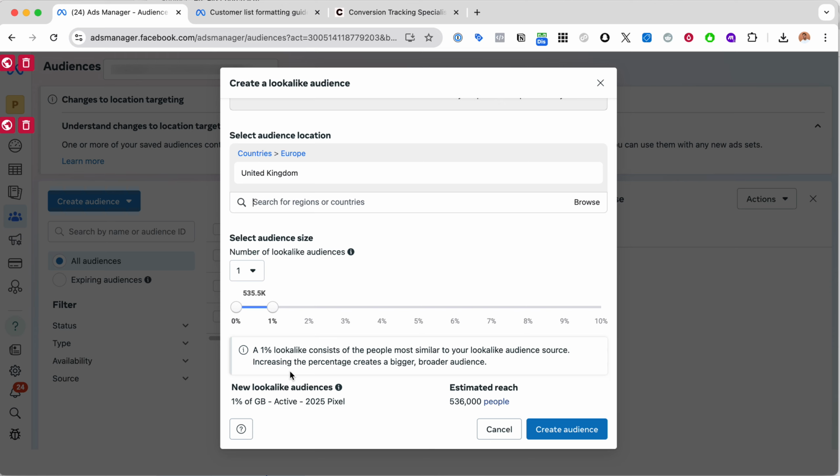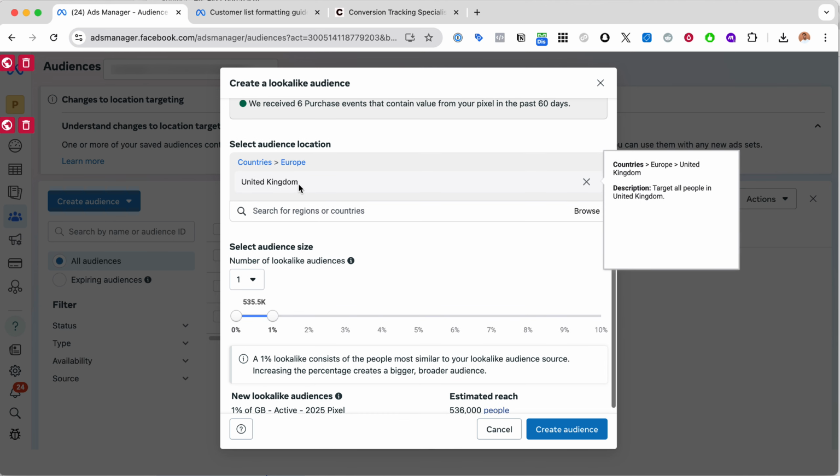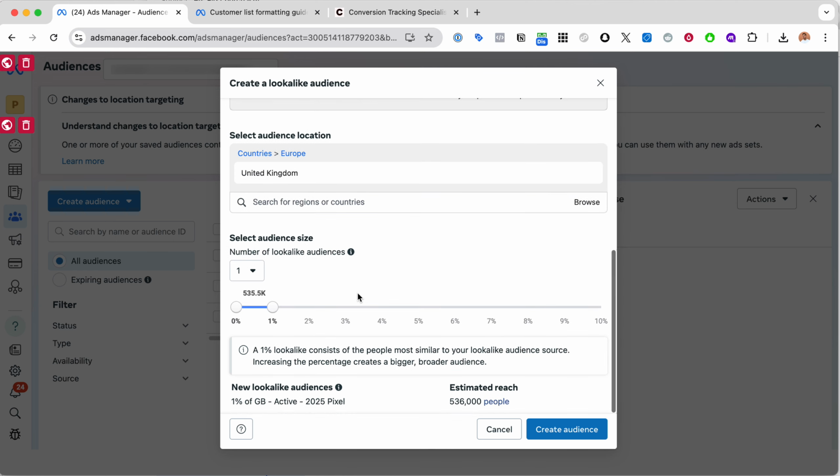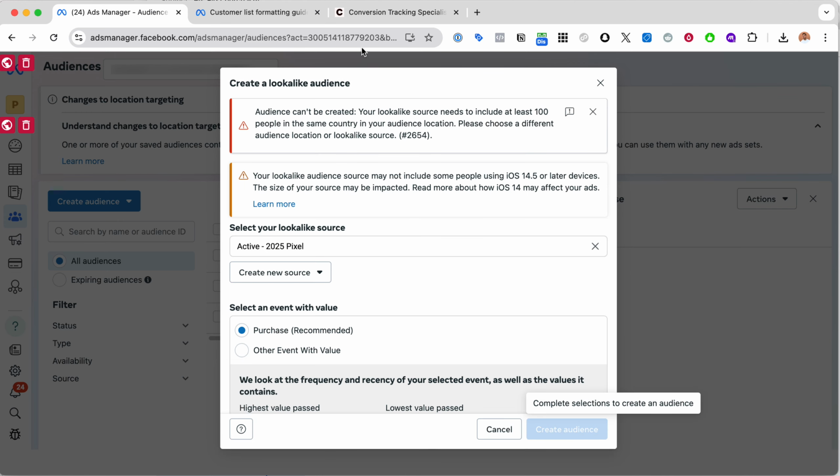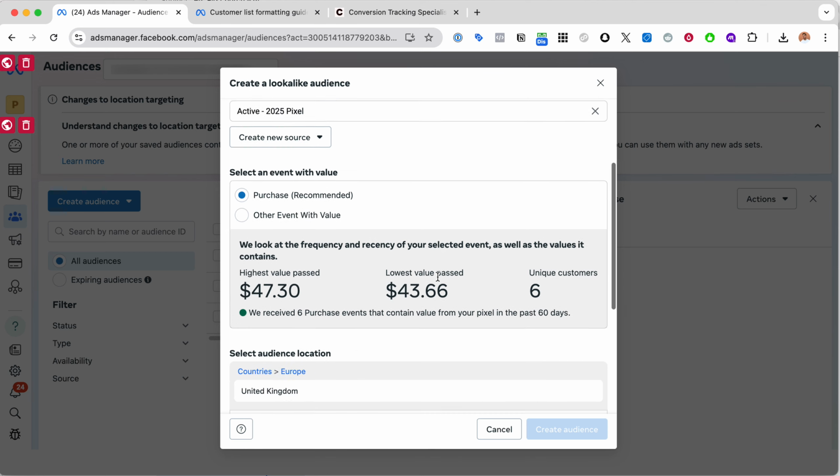So basically the idea here is that we're telling Meta to try to find, using their AI algorithms and all the data points on these conversions or these people who have booked via our Acuity and paid, to try to find in the same country or the same city very similar people in how they behave or what they are like. So here we're gonna start. I think we're gonna get stuck because we are too early. We don't have yet 100 Acuity conversions, purchase conversions, because we have just set up our tracking. But this is the idea on how to create